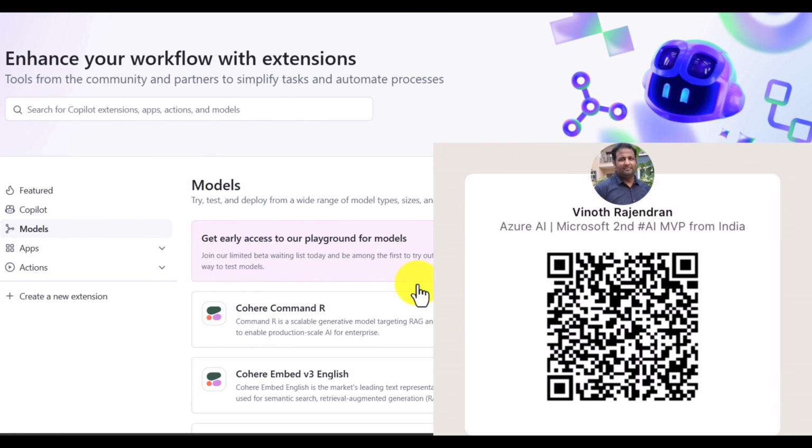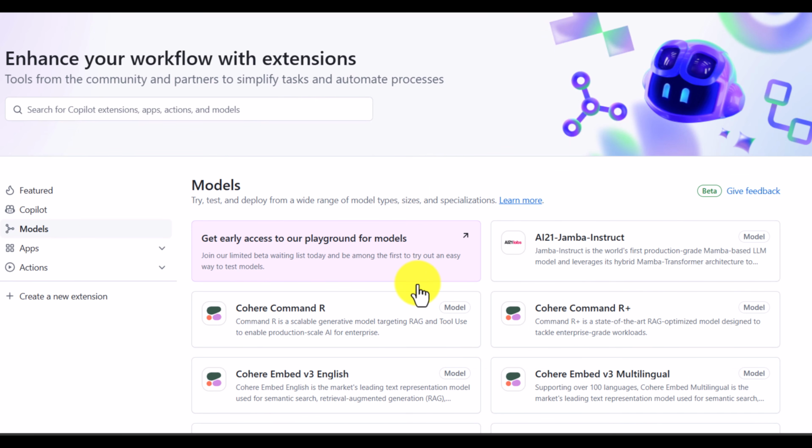Hello guys, in this video I'm going to talk about one of the new features introduced by GitHub. The feature is called GitHub Models. This is designed to help developers explore and use AI models directly within the GitHub web interface. The great thing about this feature is that you don't need to switch to a different tool or workspace. You can test and compare different AI models right where you are, making your workflow smoother and more effective,